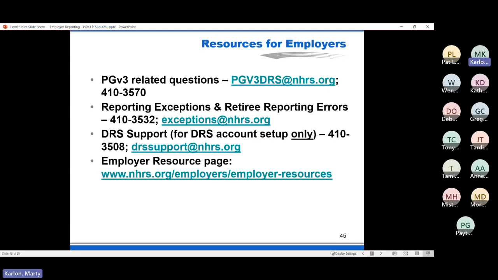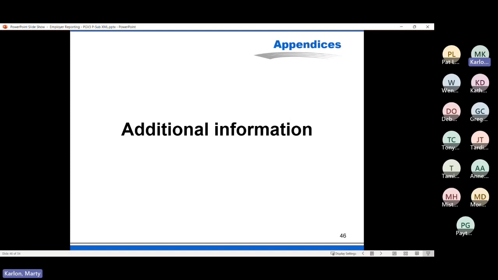Our employer resources page has additional information, most of which is related to the current system. So once we switch over, we'll be taking down those instructions and repopulating that page with information only about the new system later this fall. And that does bring us to the end of the spoken portion of the presentation. So Joy,